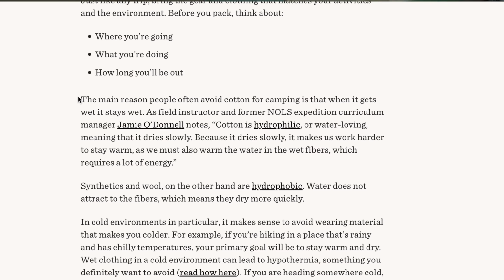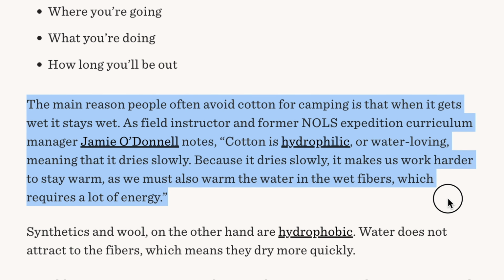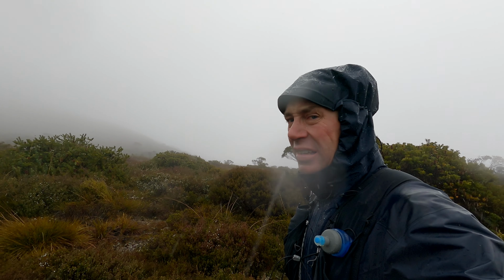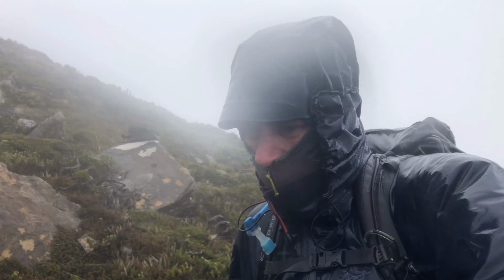Firstly, its properties of moisture retention and slow drying. Cotton absorbs and retains a significant amount of moisture. So if you're sweating, if it's raining, it's going to really struggle to shed that moisture once it absorbs it. Not only does this make the material heavier, it also leads to a much longer drying time than some other fabrics. Now, in hiking scenarios, especially in cold and windy conditions like I often see, this can be really